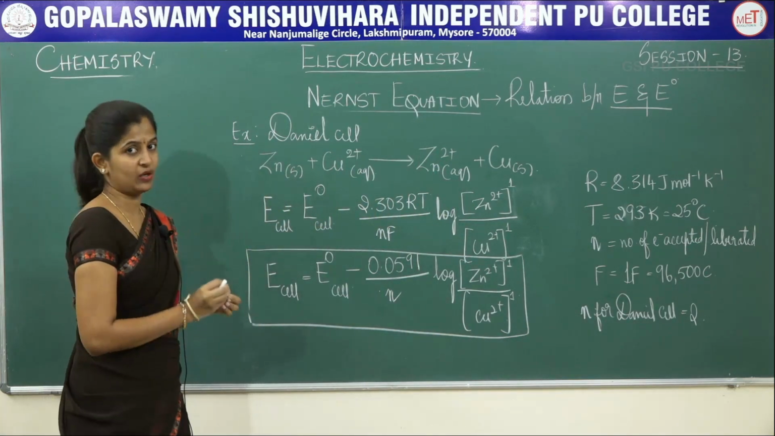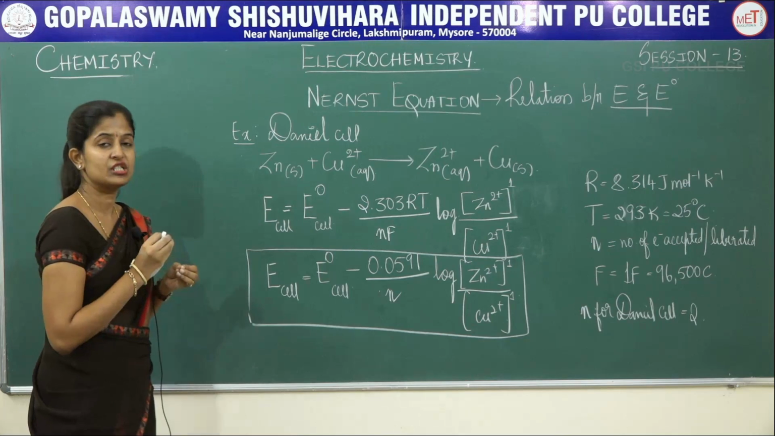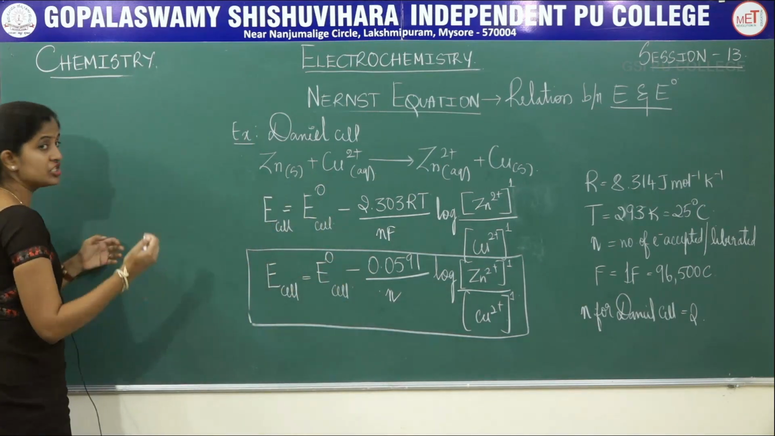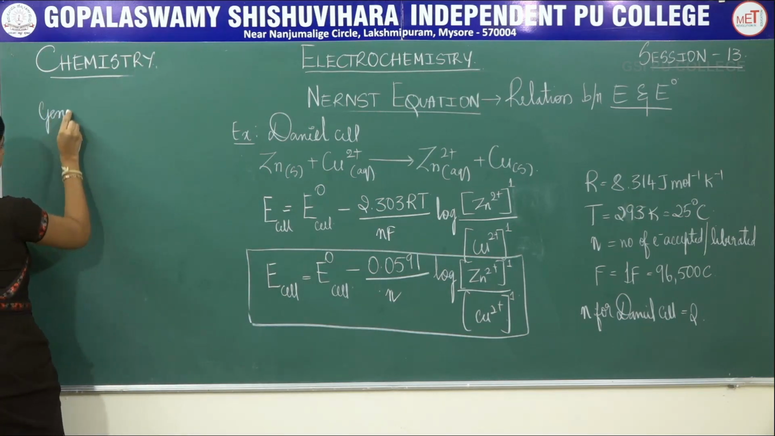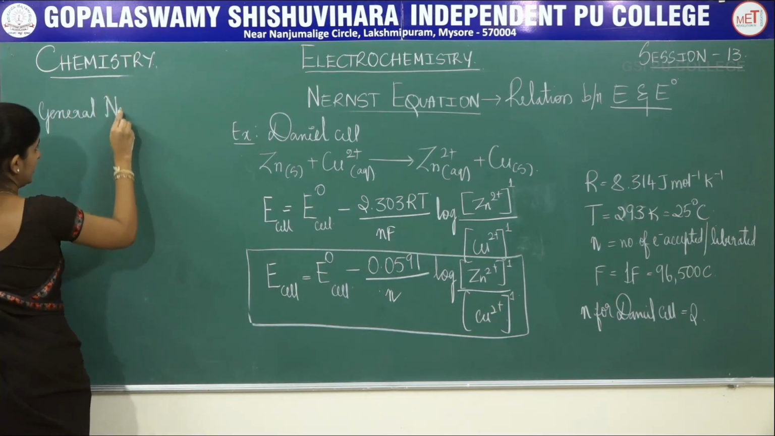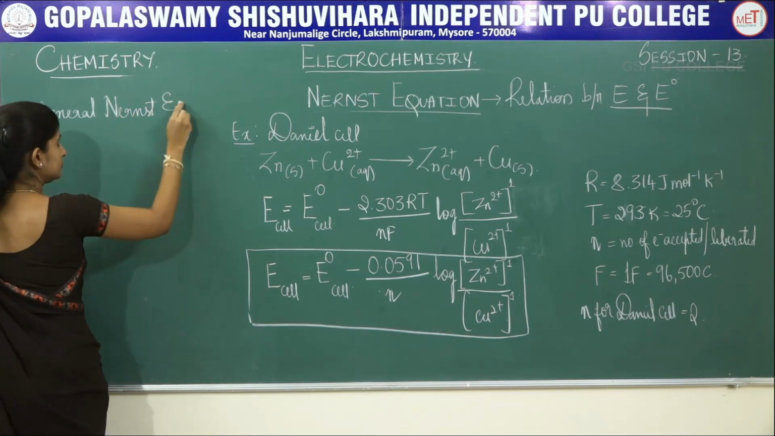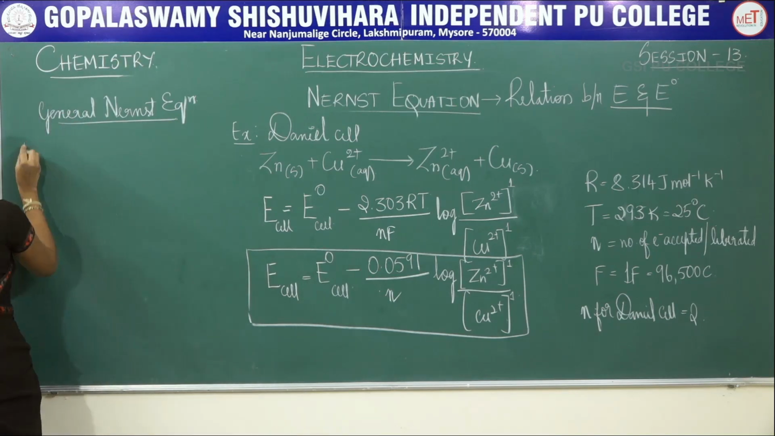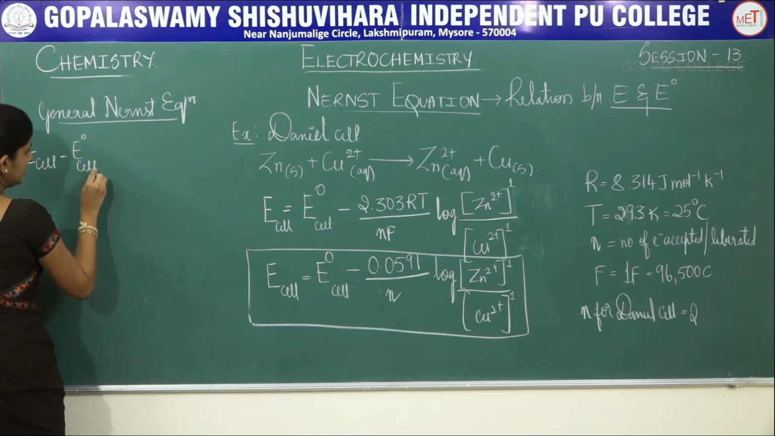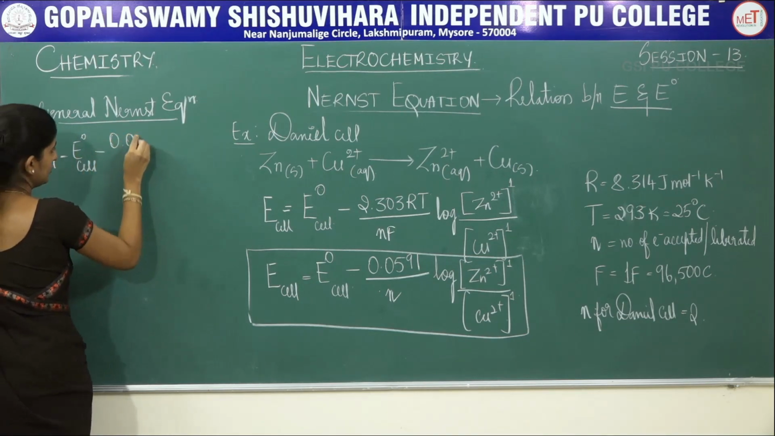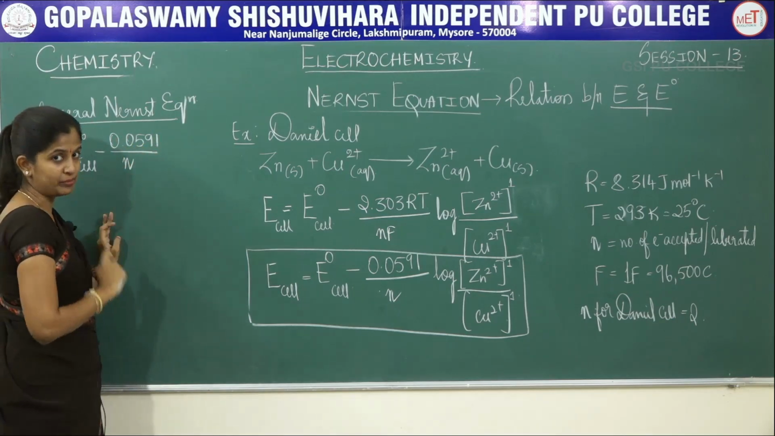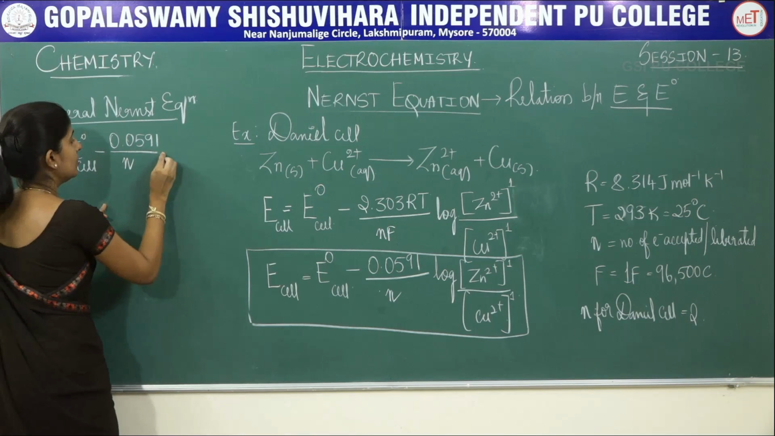What about a general Nernst equation, which holds good for any cell? What is that? Very simple. You can write it as a general Nernst equation, which holds good for any cell. That is, E cell is equal to E naught cell minus 0.0591 divided by N. N depends on the type of cell, what electrodes are used, log of